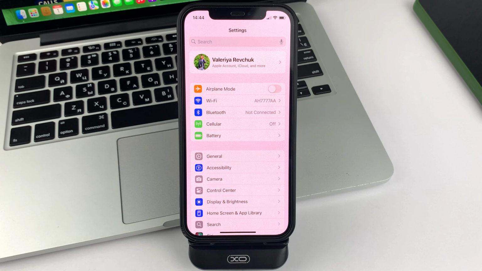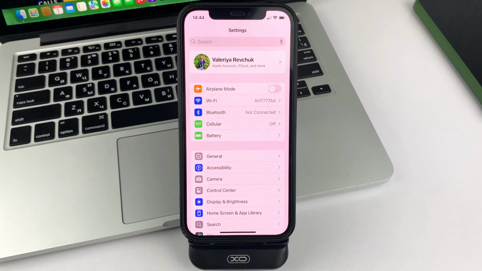And let's get started. If you have such a situation that you download any media files or documents to your phone from Telegram, but then you cannot find them neither in the Files folder nor in your gallery, then in this video I will show you some methods how you can fix these situations. So, first of all, please open the settings on your phone.